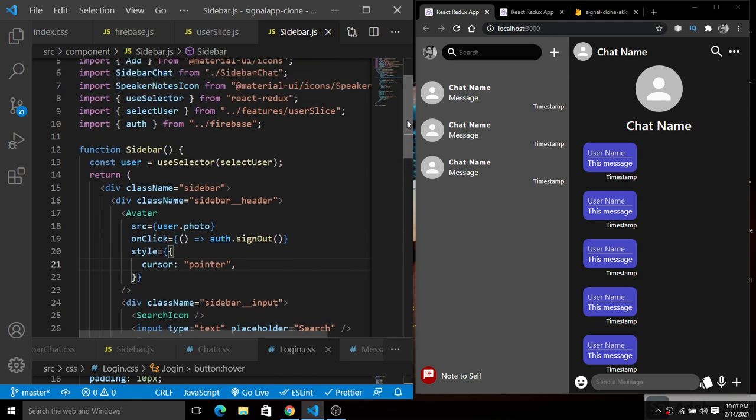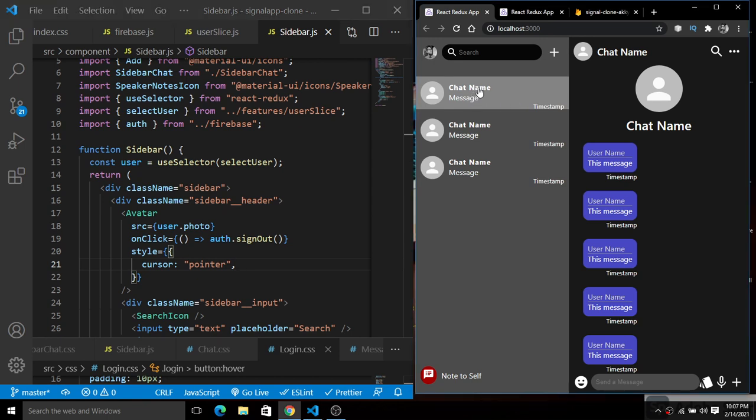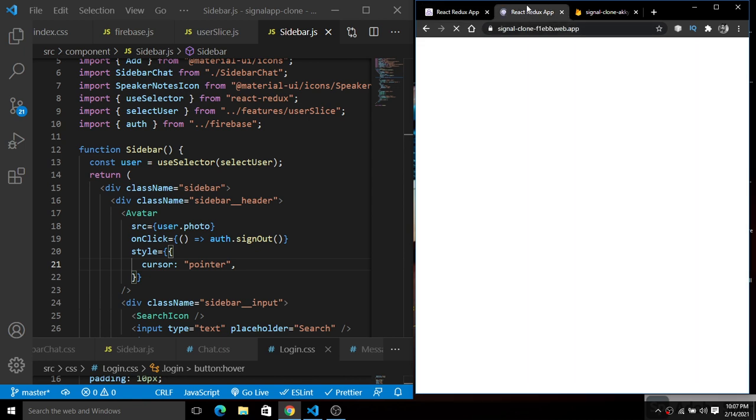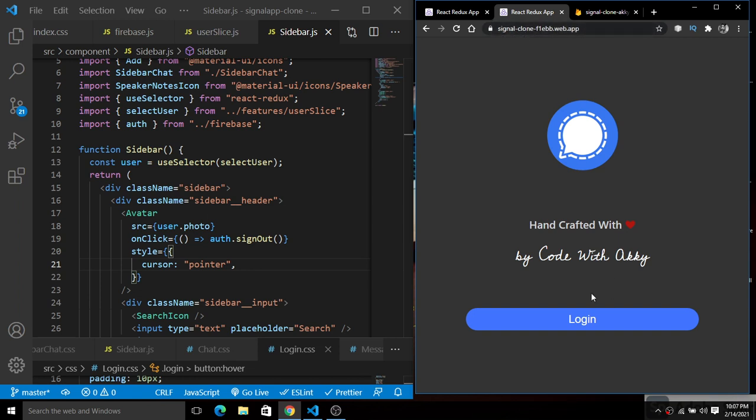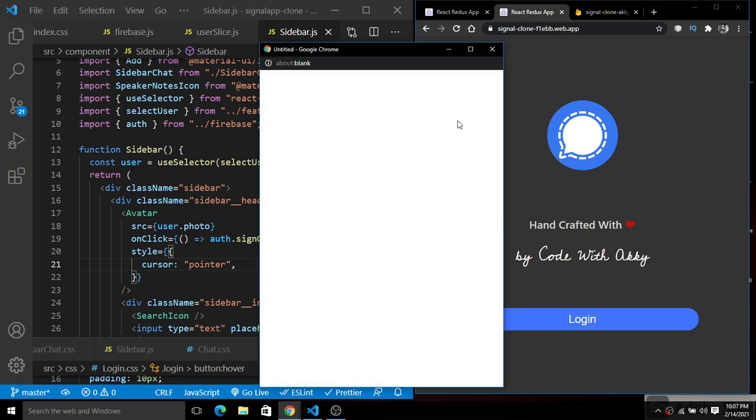Now it's time to set the chat name here. When we click on this, the name and the message will be dispatched here for the respective user. If you look at the deployed version, inside this deployed version I'm going to simply click on this login. You will see we have